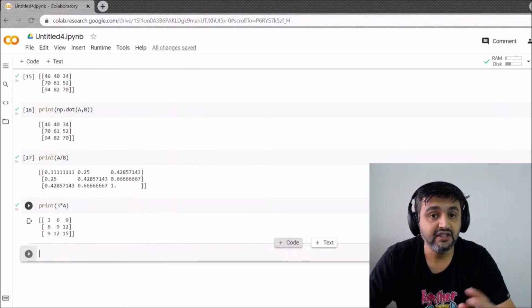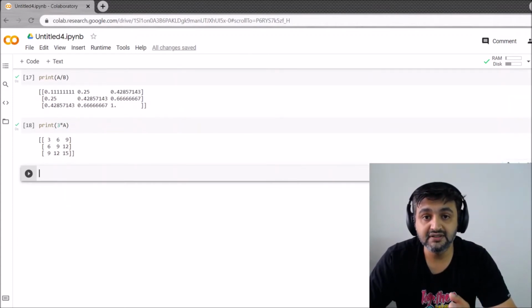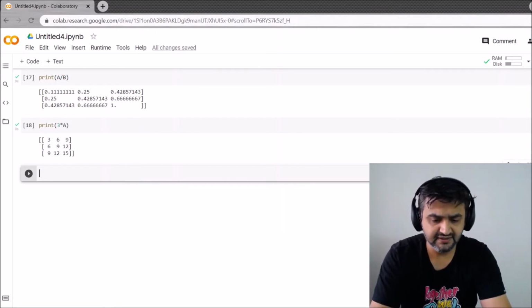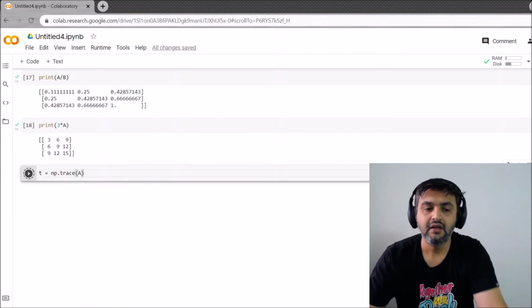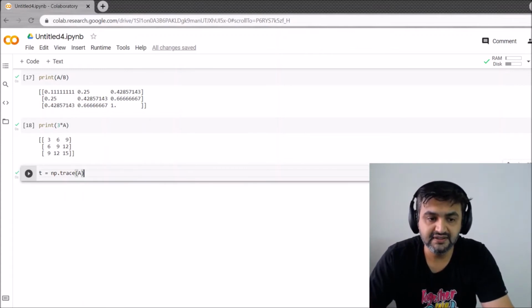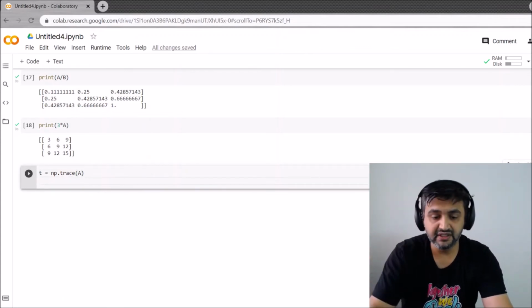Okay, now what are the other things you are interested in whenever you have a matrix? You are interested in the determinant and the rank and all those things, right? So first let's find the trace. So let me call T is equal to np.trace of the matrix A. And then, what is the trace? It is nothing but the sum of the diagonal entries.